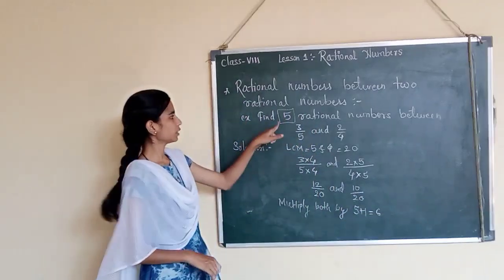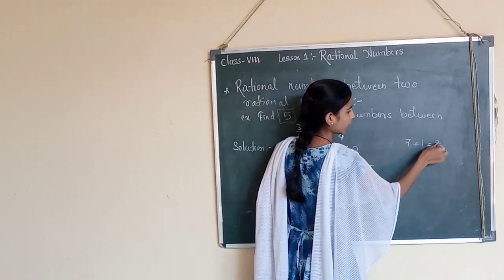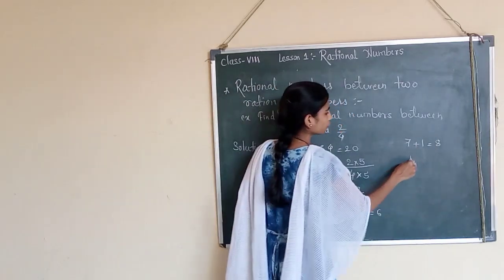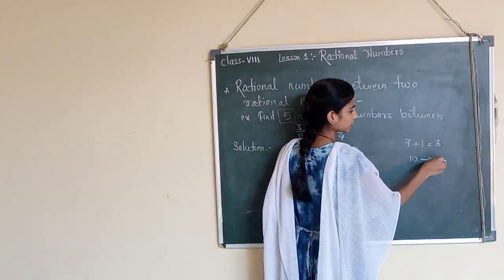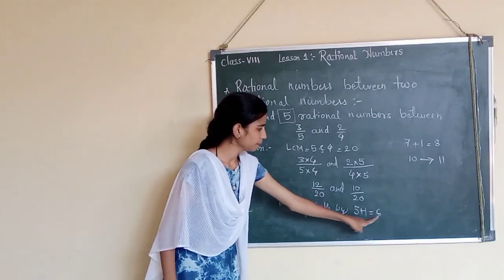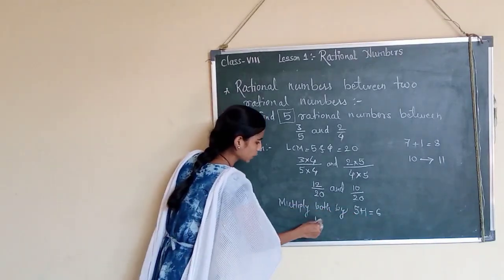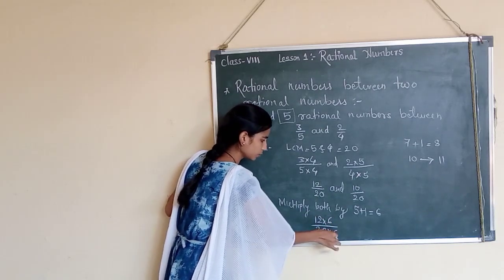For example, if there is a 7, then we need to multiply by 8. If the question is about 10 rational numbers, then we need to multiply by 11. Okay, is it clear? So now we multiply by 6, that is 12 into 6 divided by 20 into 6,